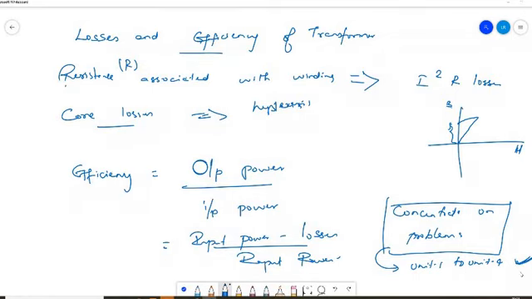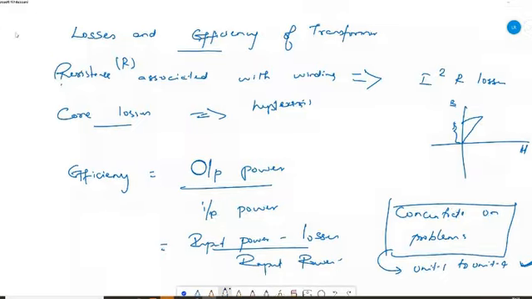I am not asking you to write pages and pages of theory, description, working principle, definition like that. I want you to be equipped enough to solve problems. So somebody has asked a question